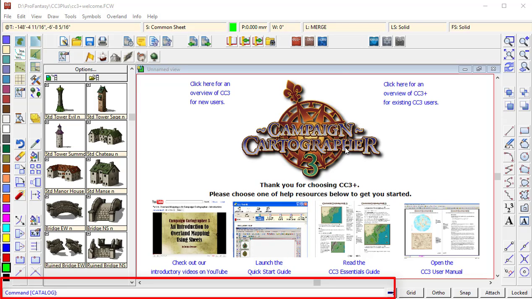Oh, I nearly forgot two really important areas of the screen, of the work area. We've got the command line down here, and again, this shows the roots of Campaign Cartographer as a CAD program. You can actually create macros or scripts that run within Campaign Cartographer that automate a whole bunch of mapping activities. And this is not only important for speed, but also for consistency in your mapping. Really, really useful area. You can also use the command line here to fine tune exactly where things go on